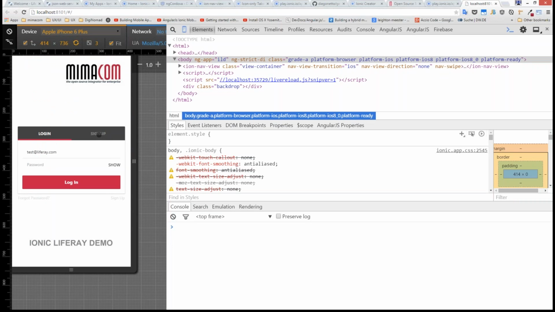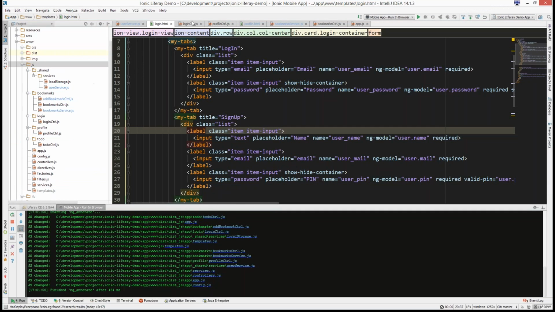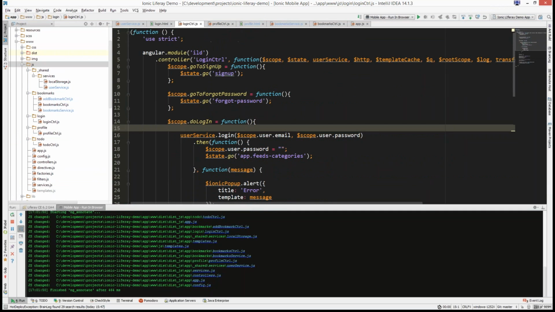You can put login or sign up. This application is quite typically connected to an Angular controller, which is here, and